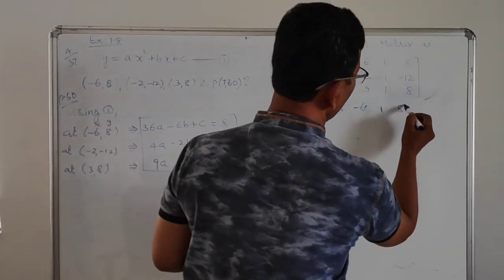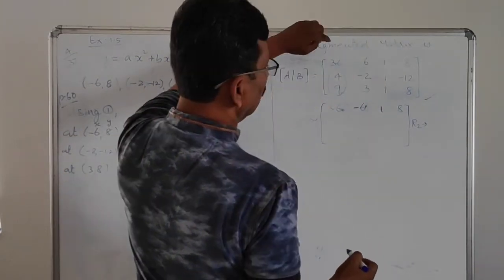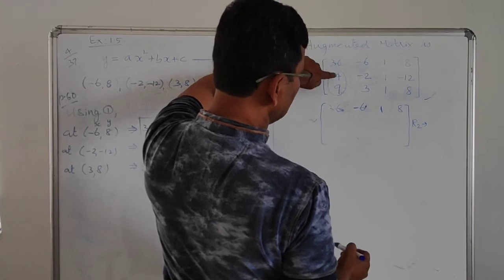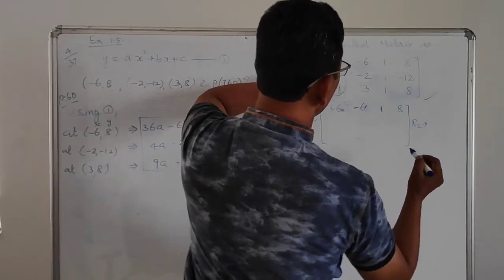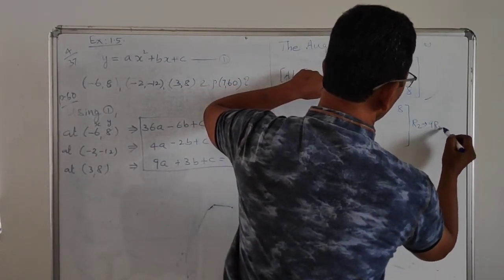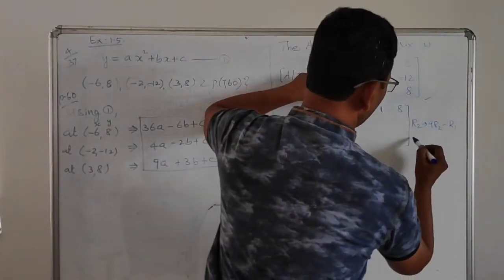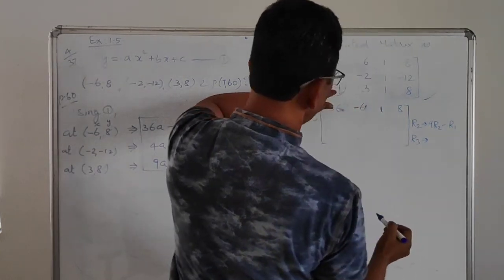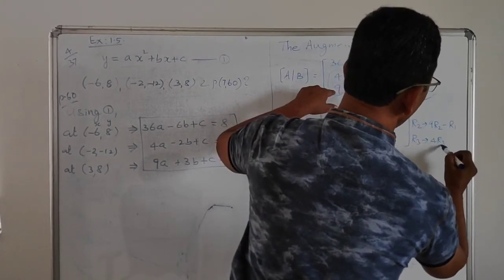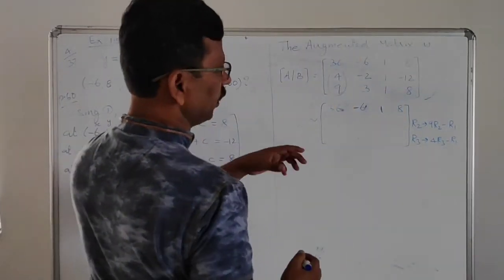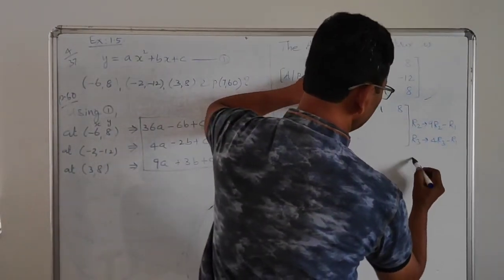Then after that second row you have to make 0, means R2 gives, this is 36, this is bigger, this is smaller, therefore this one you have to make as 36. Therefore you can write 9 4s are 36. You can write 9 times R2 minus R1. Likewise, this R3 gives, here 9 is there, you have to make this 36, you have to multiply by 4. Therefore, 4 times R3 minus R1 you can write. Therefore, first we can make the first one. 9 times R2 means 9 4s are 36.